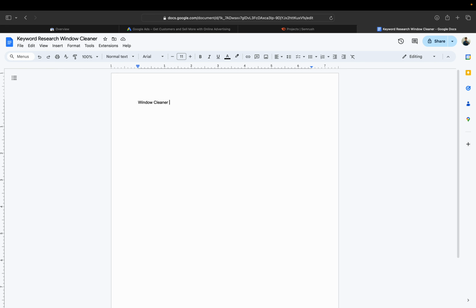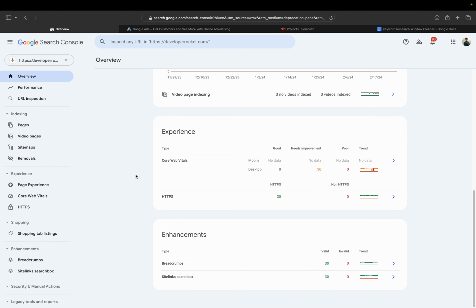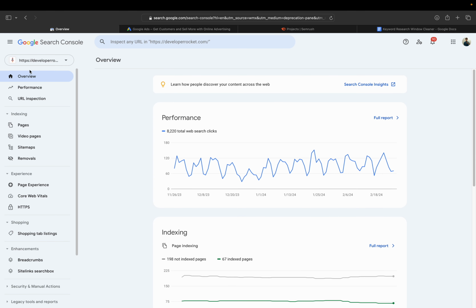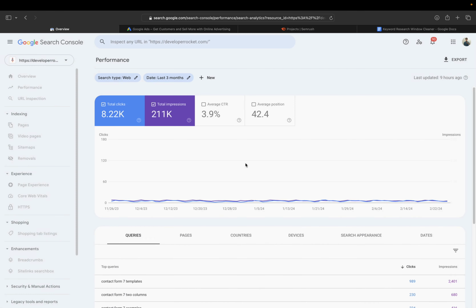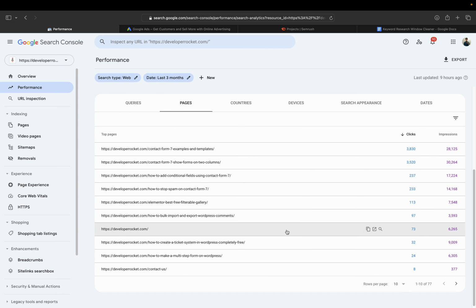First of all, if you've already got a website, it's important to use something called Google Search Console. So this is my website, and we're looking at the stats. A good way to find what is already working for you is by going on performance, then pages. You can see here some of the top pages that we're ranking for. And if I go on